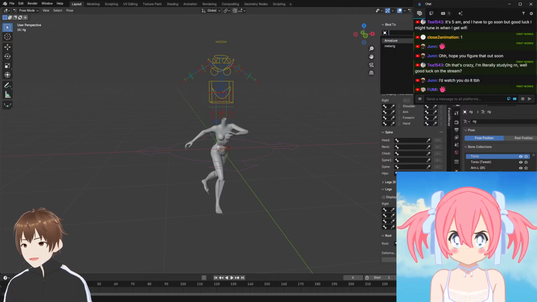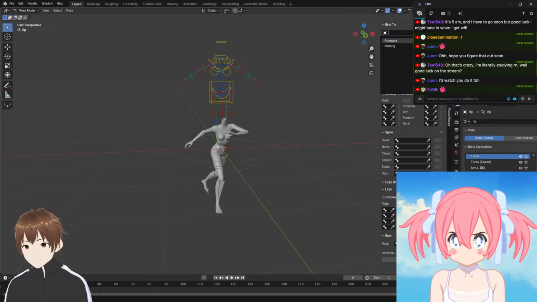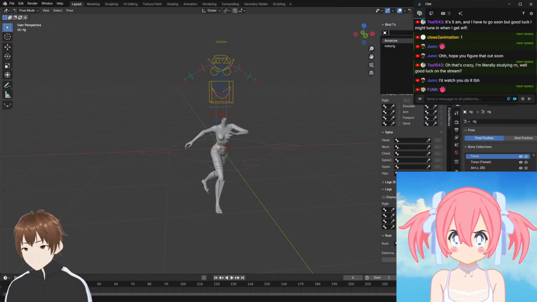In the conversion options, I select current pose is target rest pose. In the conversion options, I select current pose is